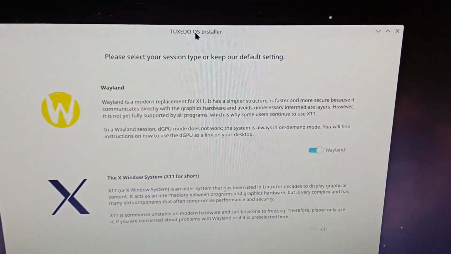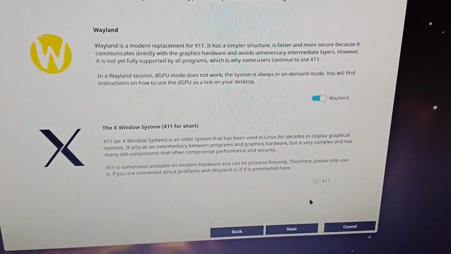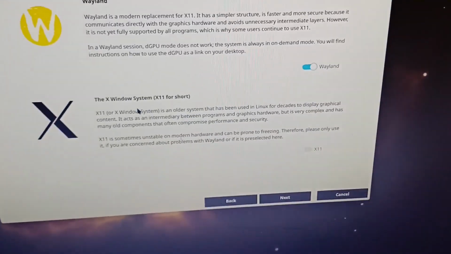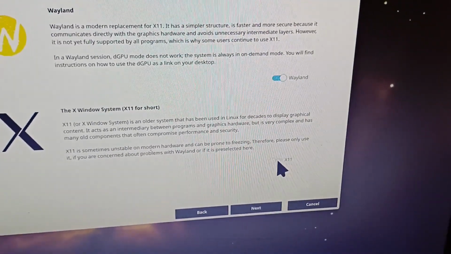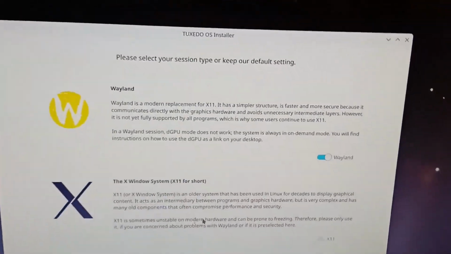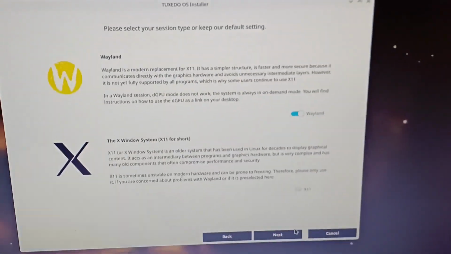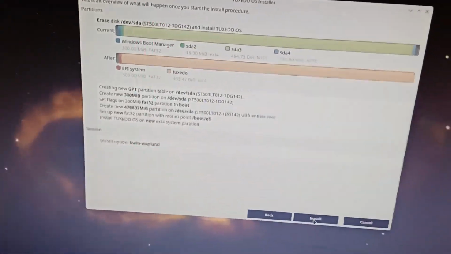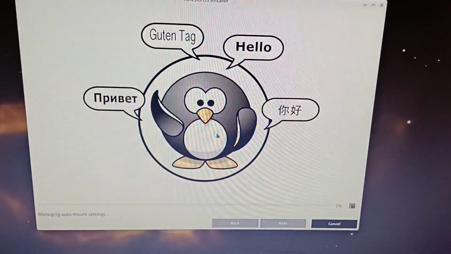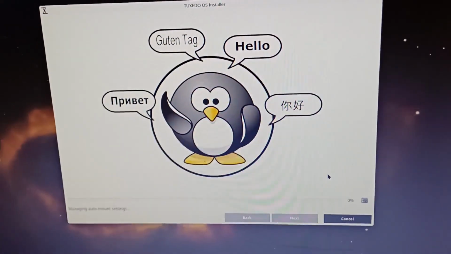Now, for this, you're just going to want to use Wayland unless it defaults to X11. You're only going to want to use X11 if it defaults to having that enabled by default. Wayland is just kind of better in every way. If you want, you can pause this for a second and read what it has to say. Either way, I'm going to click next. Then install. Install now. And bam, we've got it installing. Now just going to wait for that.